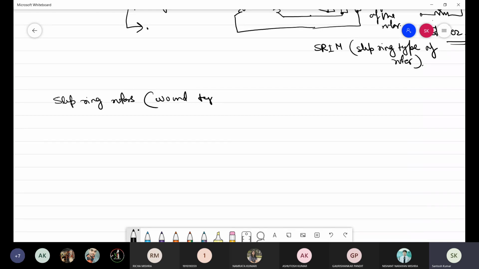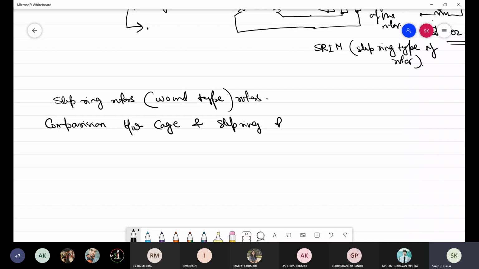Now the topic is comparison between cage and slip ring rotors. So I'm writing in the point. First point is